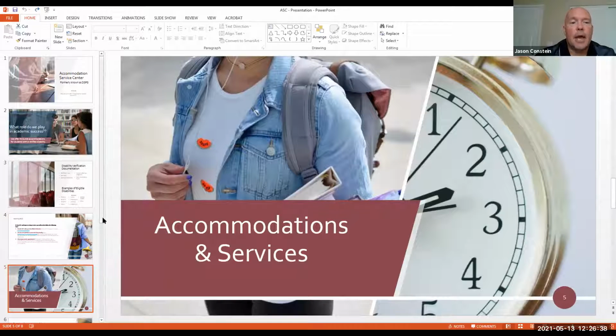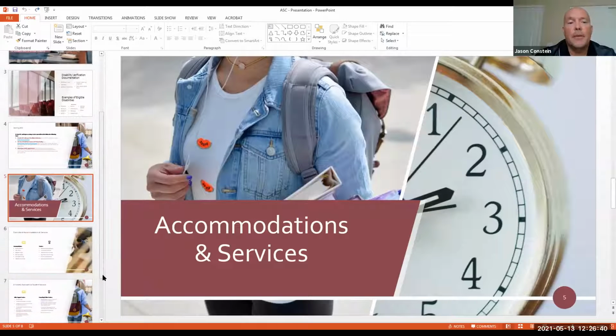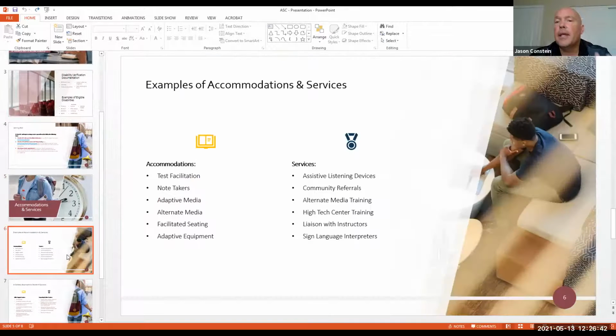And these are going to be the accommodations and services. Again, this is very quick, so it's a non-exhaustive list of what we provide. You can see here on the left, we have accommodations, test facilitation. That's usually the most common used accommodation. That basically means you can get time and a half or double time on testing, depending on what you would